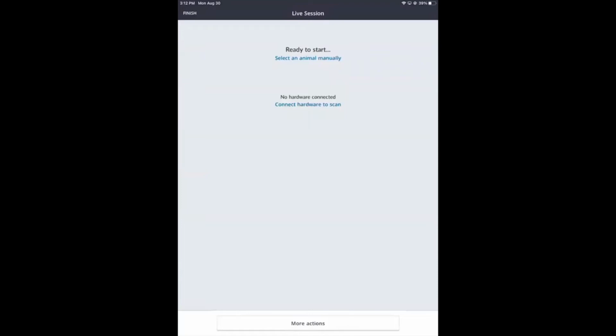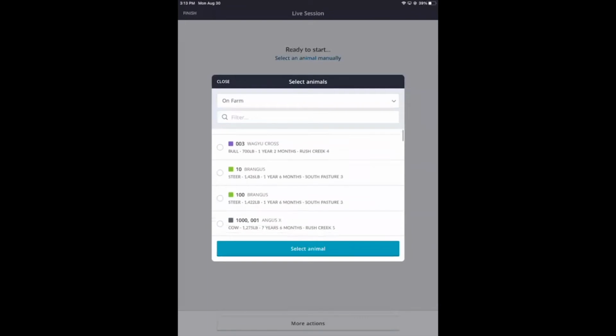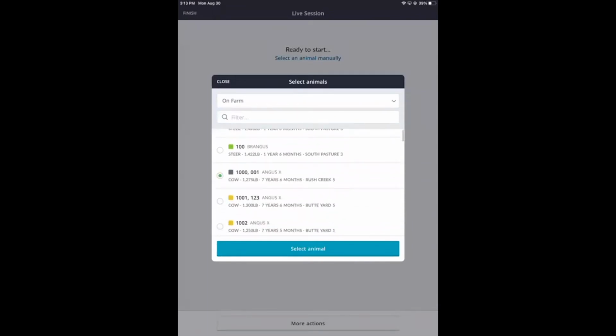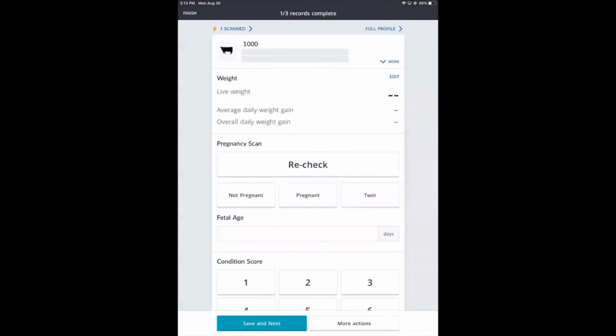You have the ability to select an animal manually, or if you have an EID scanner or a scale head that you can connect to, you also can connect to your hardware. In this case, we're going to select an animal manually, look for cow 1000. It's going to pull her up here. We can go in and add a weight,